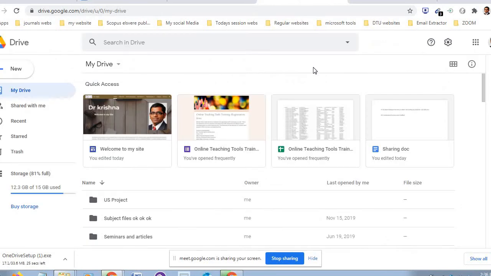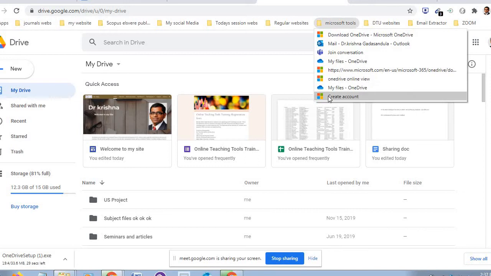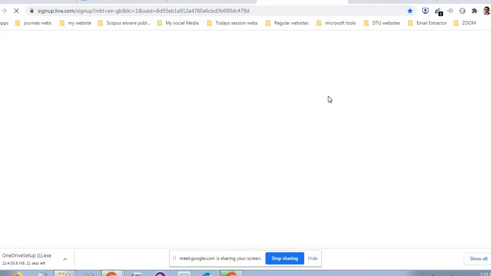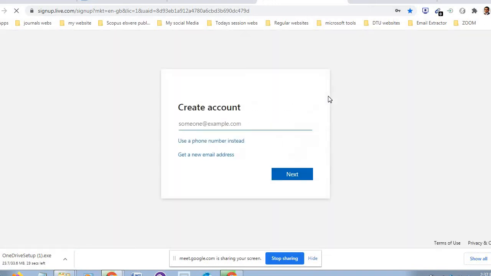For creating a Microsoft account there is also a site. Let me take you to that. Here, create Microsoft account. It is simple, the same as a Gmail account. After creating the Microsoft account, you download the OneDrive, because the materials will be stored on the cloud.